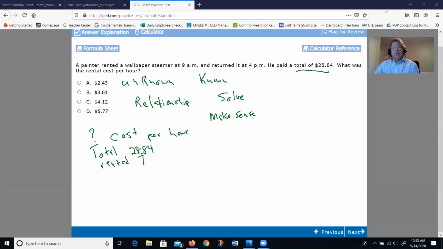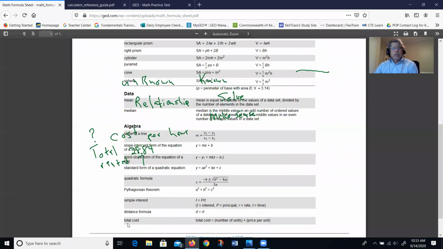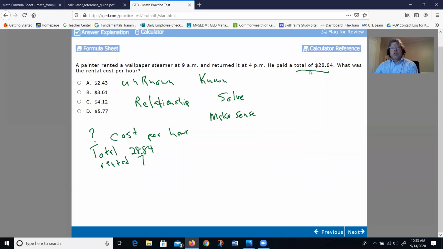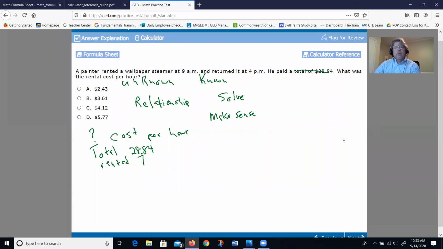So one thing we can pick up on, on the formula sheet, if you don't identify this, down at the bottom, notice the total cost is on the formula sheet. Total cost is going to be the number of units times the price per unit. On our practice test, it talks about that total cost being $28.84. So we know that formula actually comes into play here. So this relationship we pick up on is,